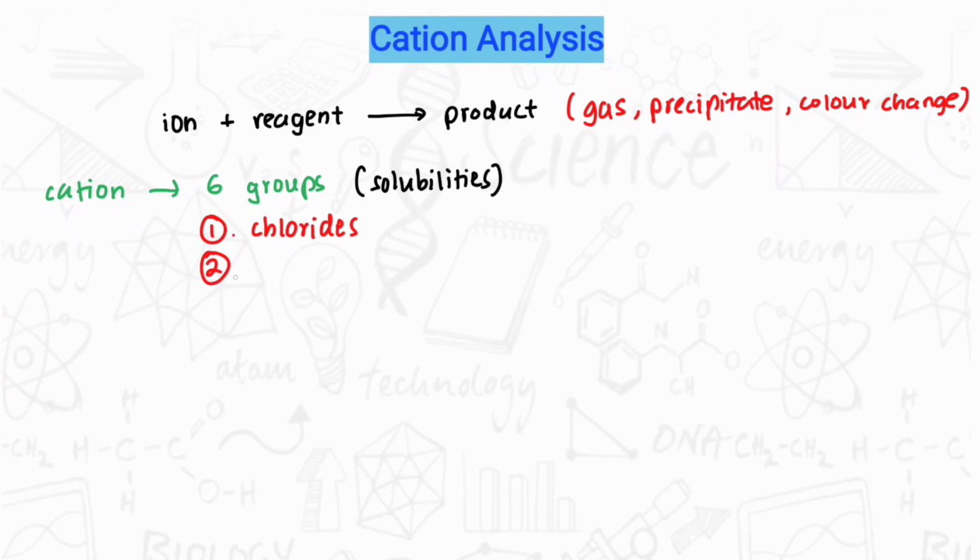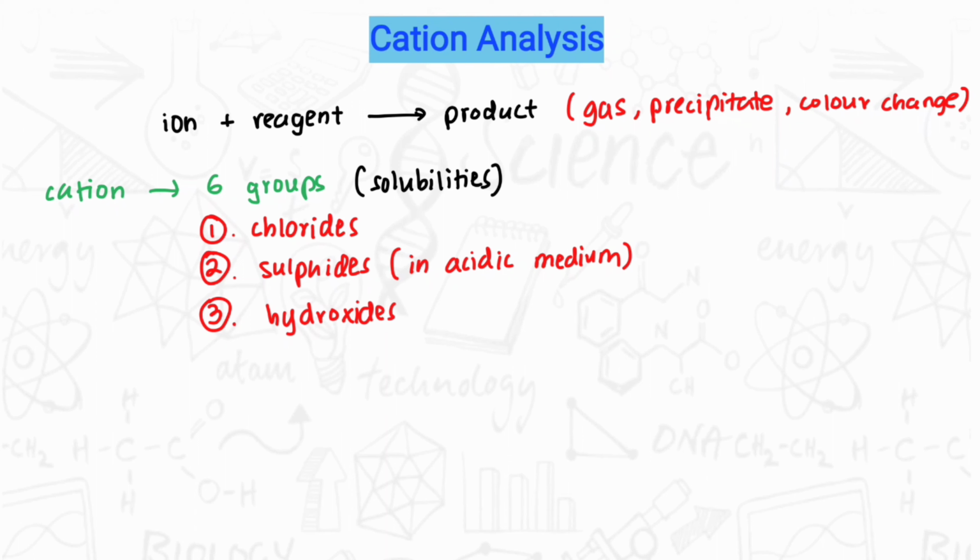The second group cations are precipitated as they are sulfides in the acidic media. The third group cations are precipitated as they are hydroxides. And the fourth group cations are precipitated as they are sulfides